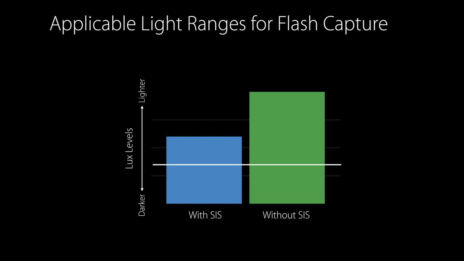If your current scene's light level is, say, here, the answer to the question, "Is this a flash scene?" is a resounding yes. But if the light level is here, the answer depends on whether you're interested in using still image stabilization, and the inverse is true also. So, what to do? The AV Capture photo output doesn't know what kind of capture you want until you request it. But if you're using scene monitoring,